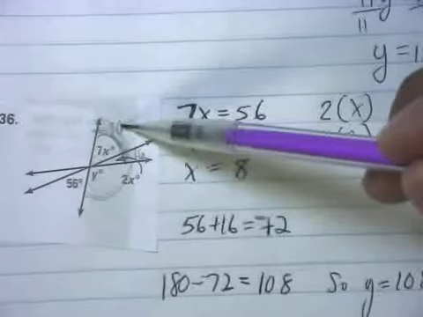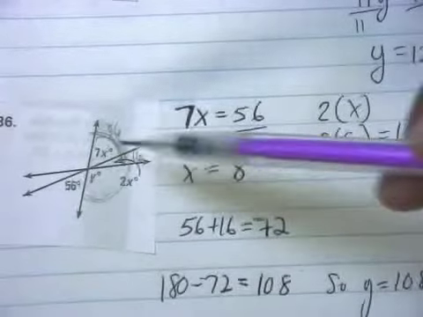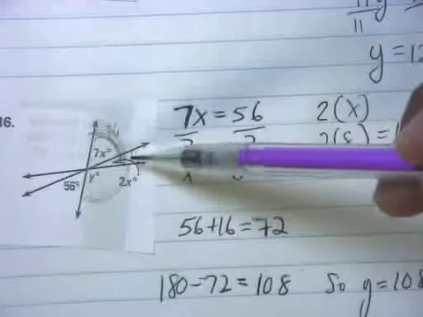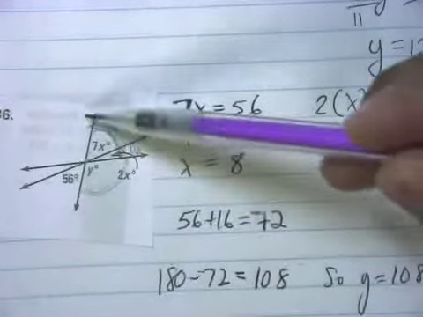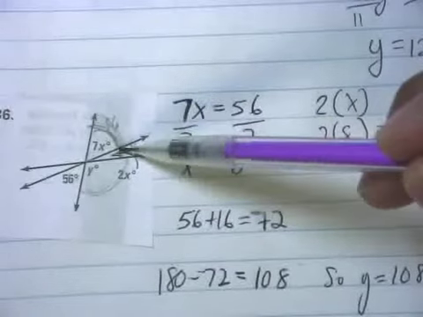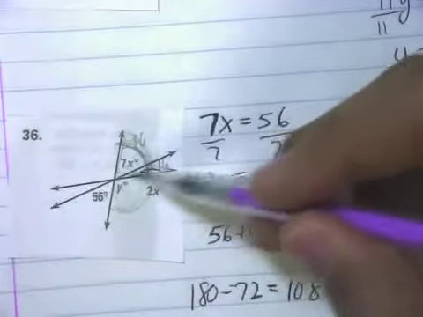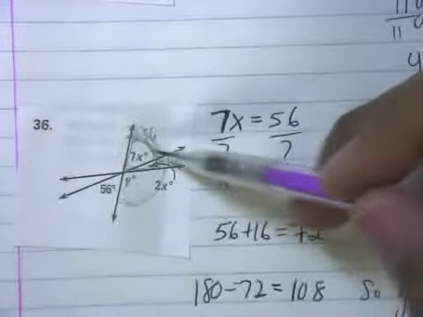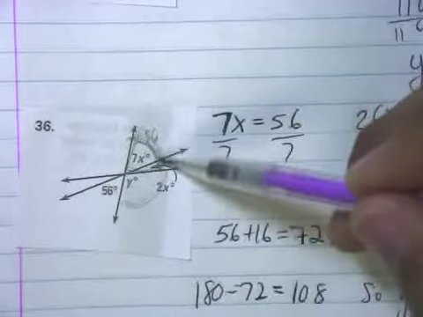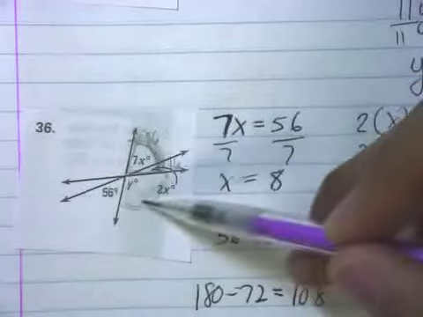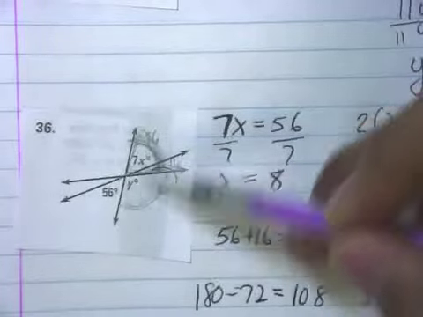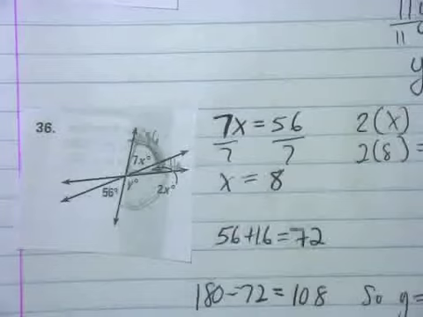So again, I know that these are vertical angles. I found x. X is 8. And 7 times 8, of course, is 56. I know these are equal. Again, they tell me this little angle squeezed in here is 2 times 8, which is 16. These are adjacent angles, so I can add these two angles together. So 56 plus 16 means that this whole big angle here is 72. We can even call this angle 9x if we add them both together. So this is 72. And if this whole angle is 72, well then this angle